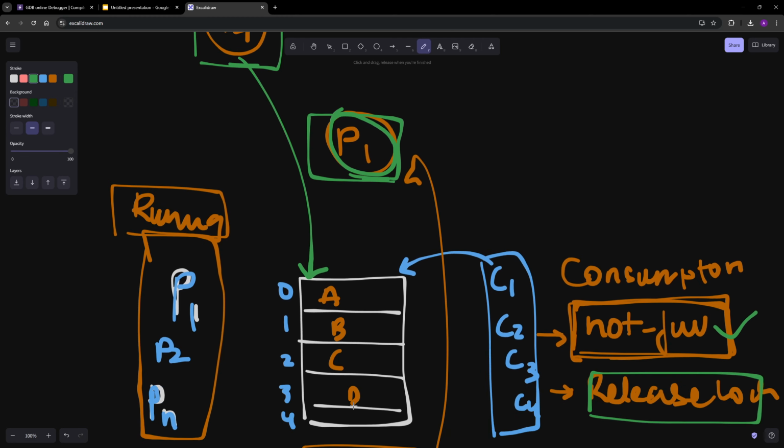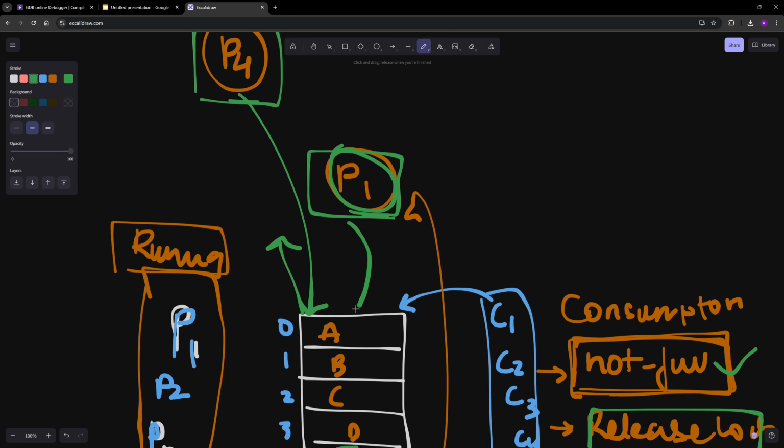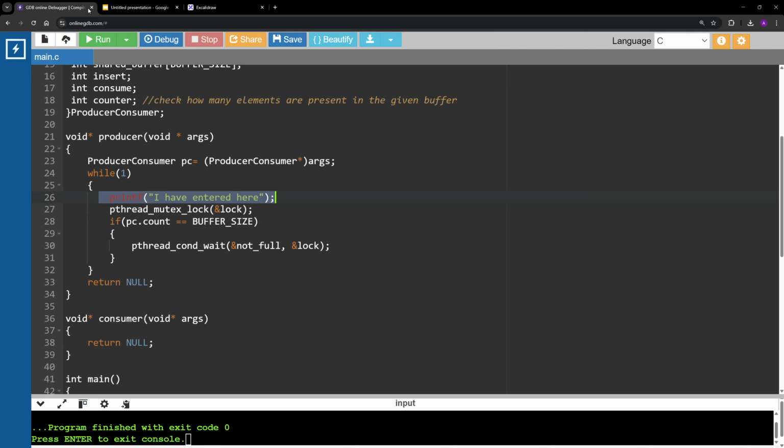P4 will say that कि I will just put some content over here. Now the thing is that कि if after this point, if P4 releases a lock, that means कि P1 का जो state आ जाएगा, what might happen is that P1 will see that कि hey, the buffer is full, और P1 को गलत सिग्नल मिल जाएगा, है ना, P1 को गलत सिग्नल मिल जाएगा, क्योंकि अभी क्या कर रहा था P1 ने तो ऑलरेडी, देखो सीन क्या है